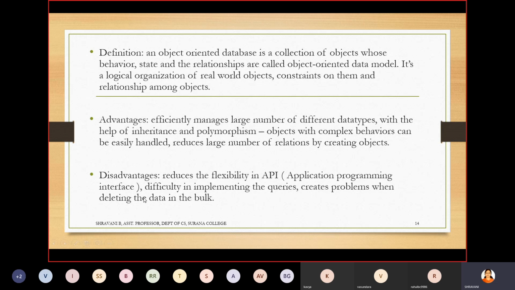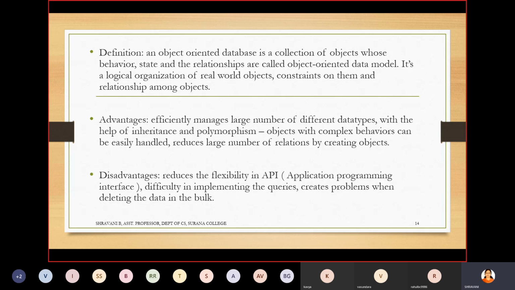Let's see the disadvantages. Flexibility in the application programming interface will be reduced. Since we have data independence, inheritance, polymorphism, encapsulation, because of all these things, the flexibility will be reduced with the interface, that is APIs, which are directly related to the user.